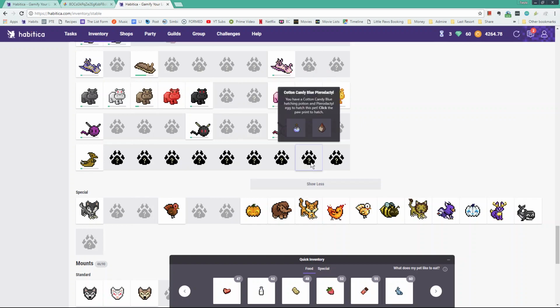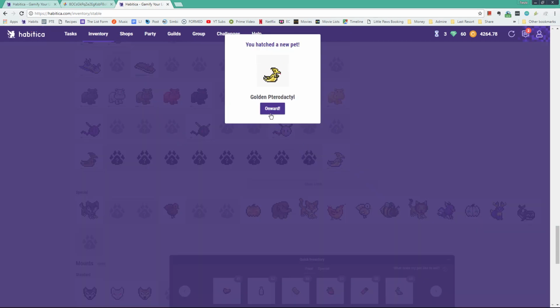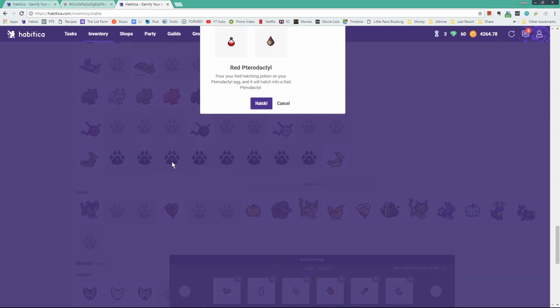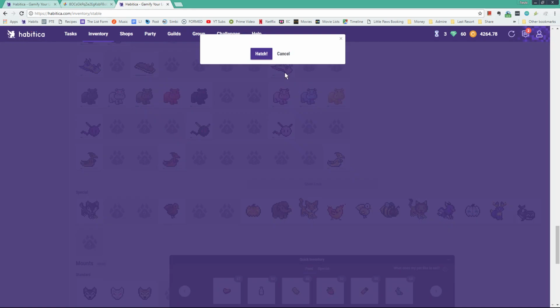And I would love to have, let's say, a golden pterodactyl as well. I'm going to hatch myself a golden pterodactyl, and look at that beautiful yellow pterodactyl. Oh my goodness. And sorry, there's some kind of a hatch bug there. I'm not sure what that is, but pretty simple to resolve. And I'm also going to make myself a red pterodactyl. I'm going to hatch me a red pterodactyl. Woohoo! So you can see that I now have